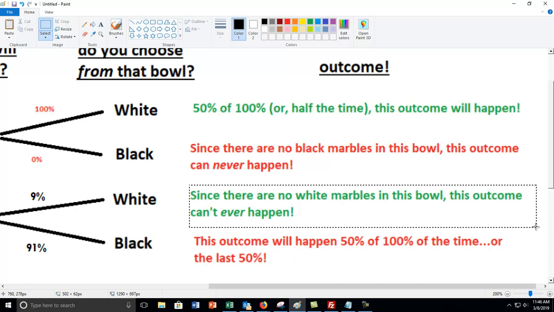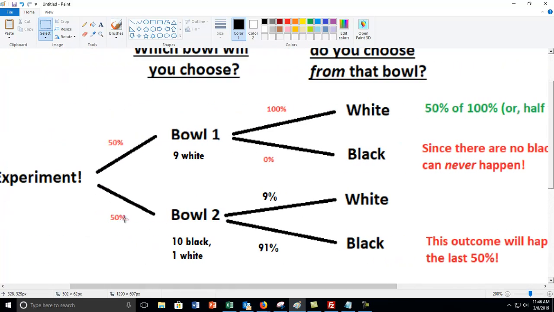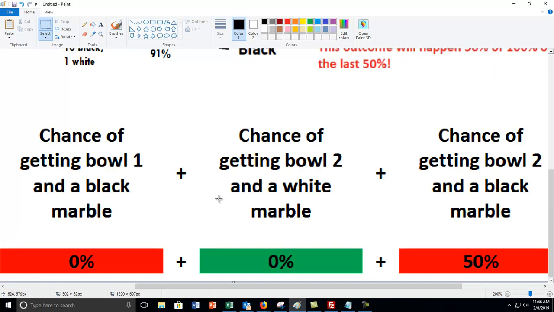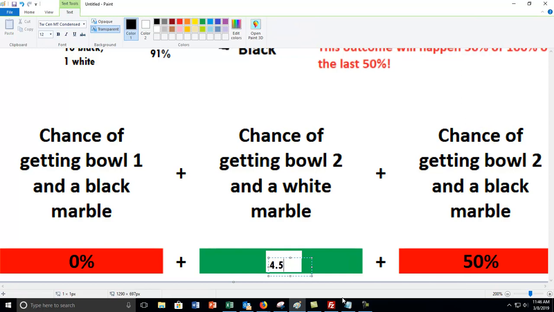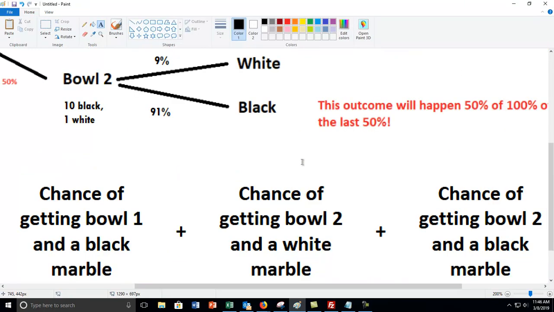The chance of this happening is no longer 0, it's half of 9%, which is now 4.5% of the time. It's going to look a little bit ghetto, and I apologize for that here. This is now going to be 4.5% of the time. And then this one has to be less than 50%